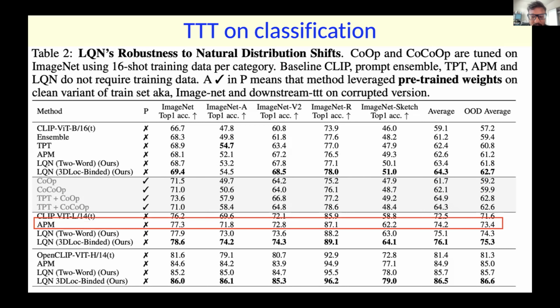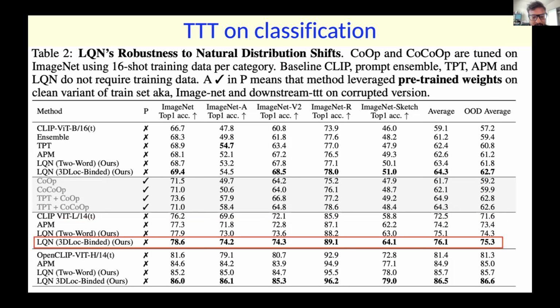And if you look at this, this was a paper last year, and this is using the student teacher setup, but it's only distilling the last layer. So it's not distilling the intermediate layers. So it was performing better than CLIP. But as you know, if you do test time training, since you're optimizing for each test sample, you will be incurring some flops. So obviously it will not be as fast as simple inference, but you can still improve upon the performance of the teacher. And then this LQN is our model.